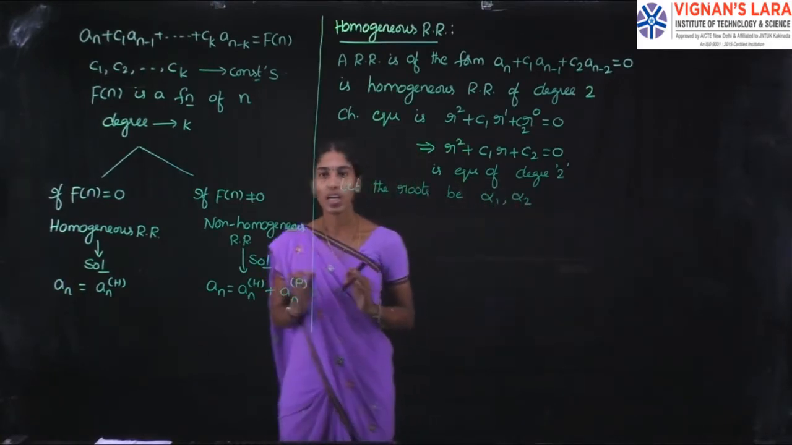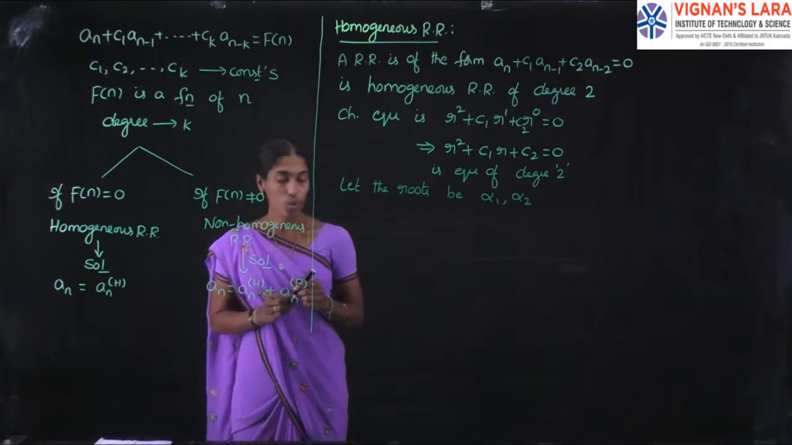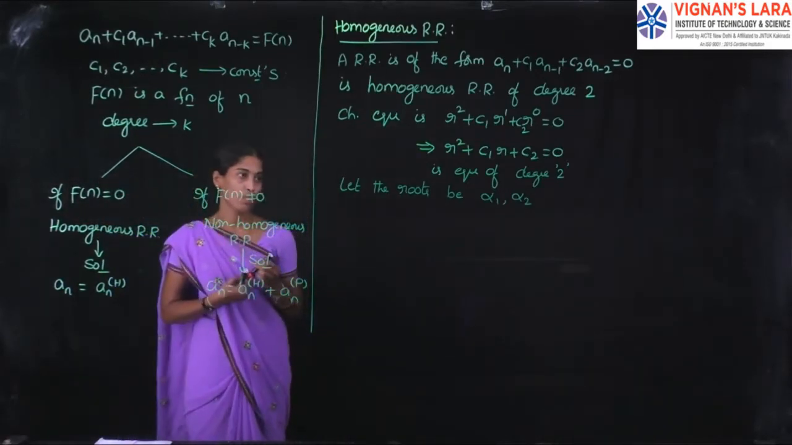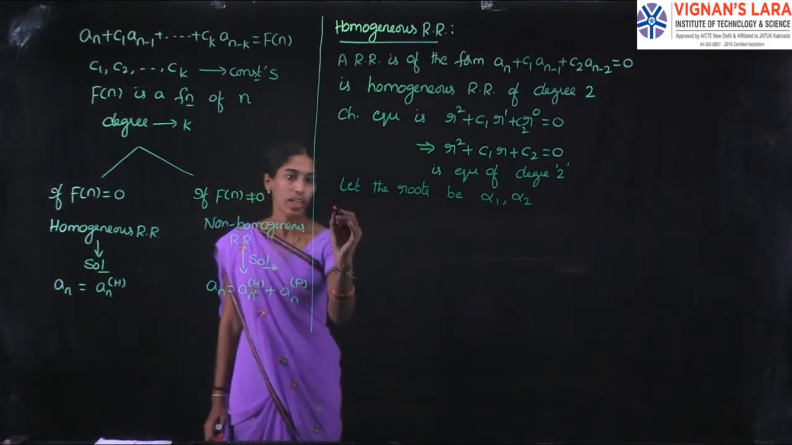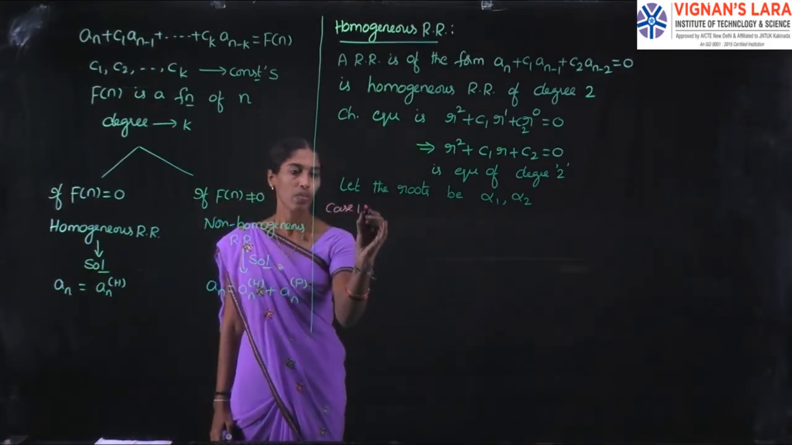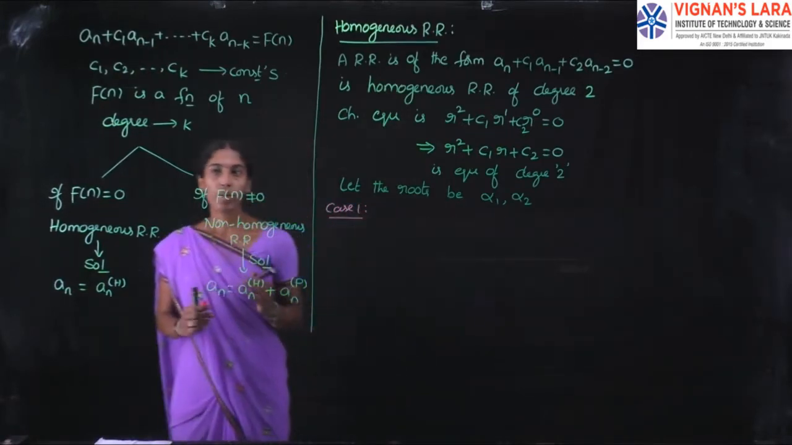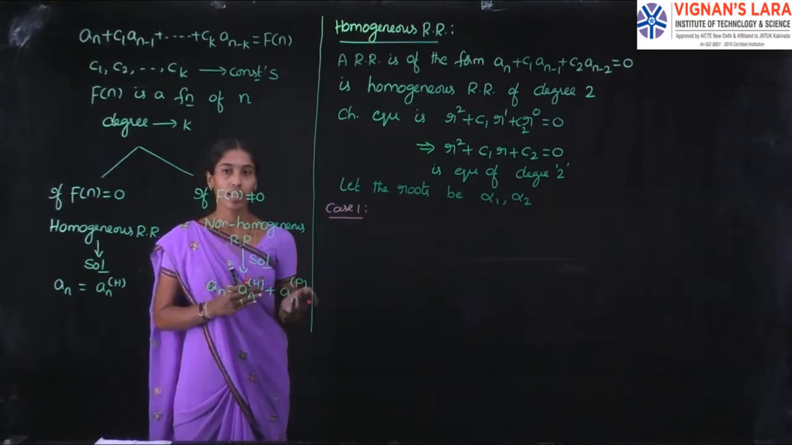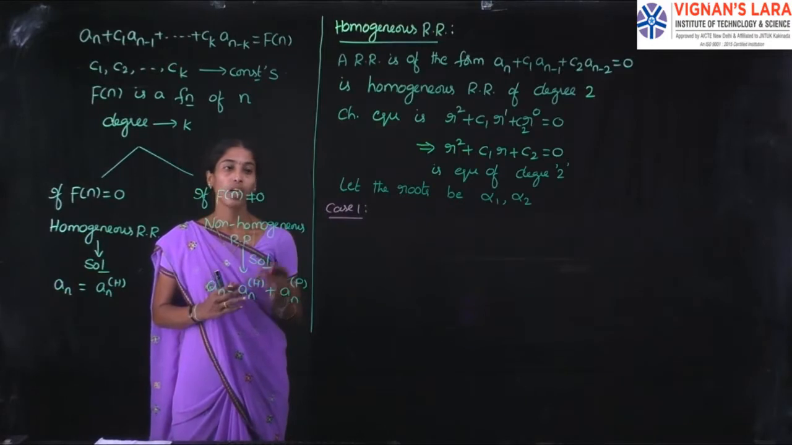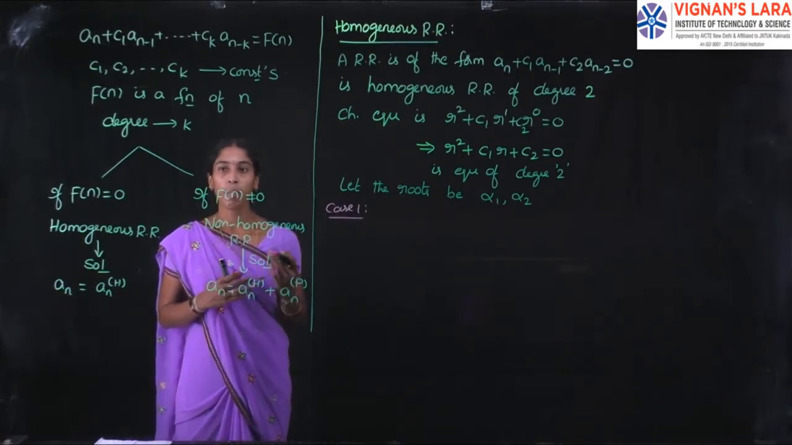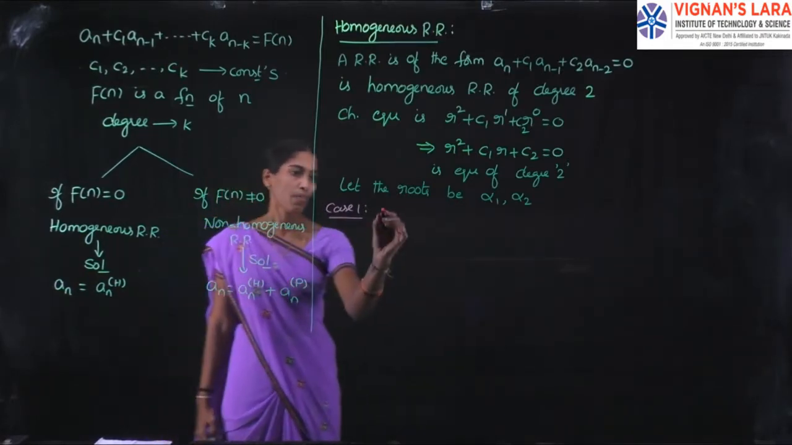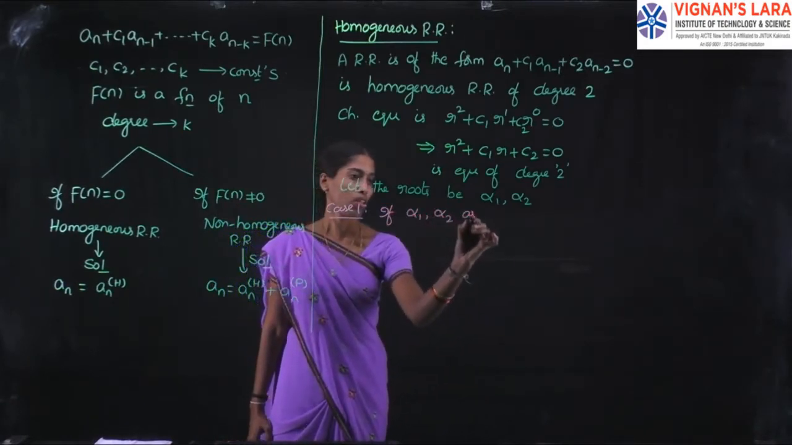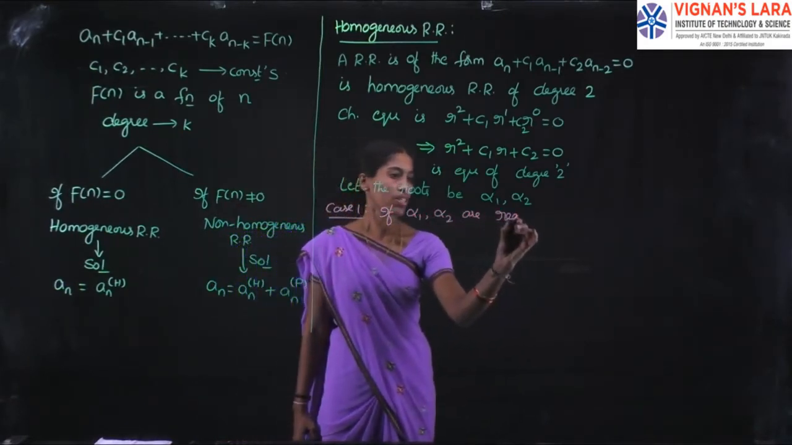So because we have two roots, let us take them as alpha 1 comma alpha 2, right? Case 1: here we are discussing how many possible roots there are, whether the roots are real, or distinct, or equal. In some cases the roots may be complex conjugate roots. If alpha 1 comma alpha 2 are real roots and distinct roots,